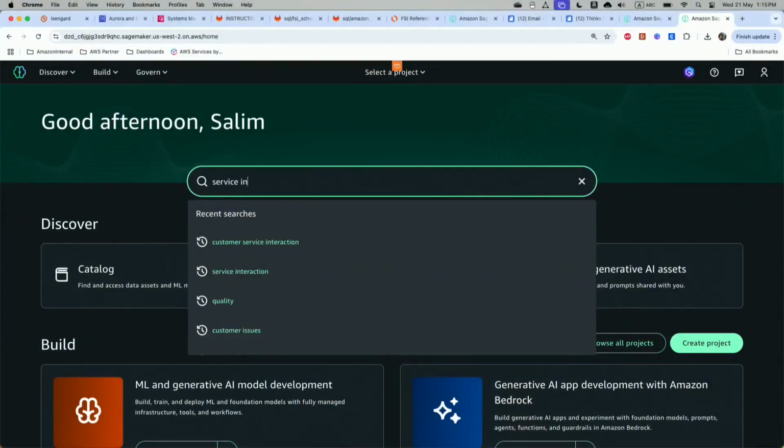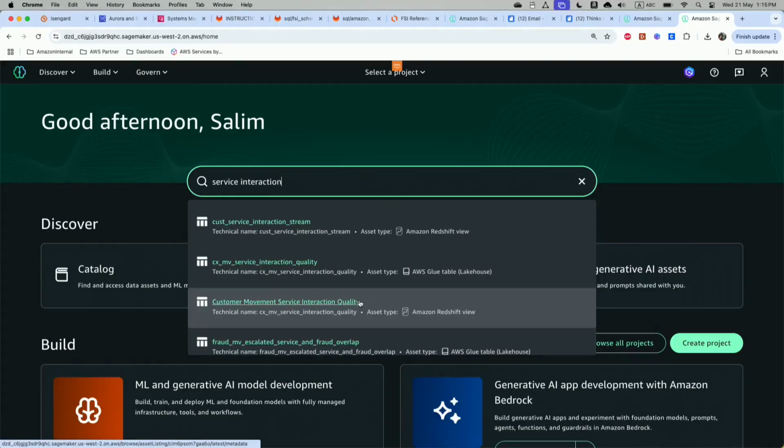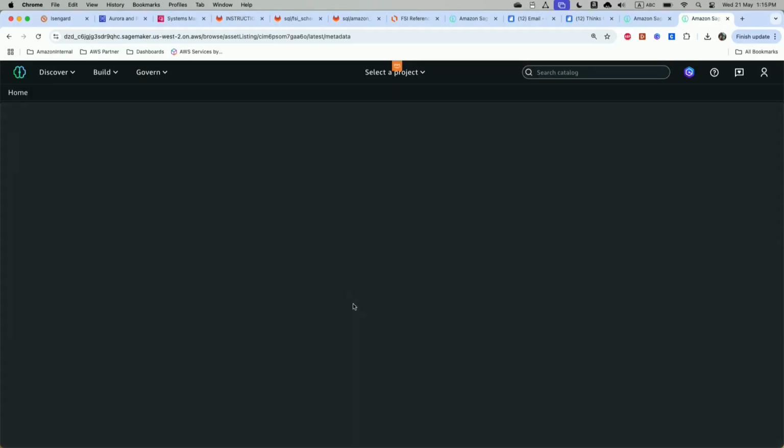I have no information. So what you can do is open SageMaker Unified Studio, and you can search your catalog. As I said, let's assume that I don't know anything. I just need service interaction data to use in my use case in future. When I search for it, it gives me the list of items from the catalog. Let's say that the one called service interaction quality is interesting. So if I open it,